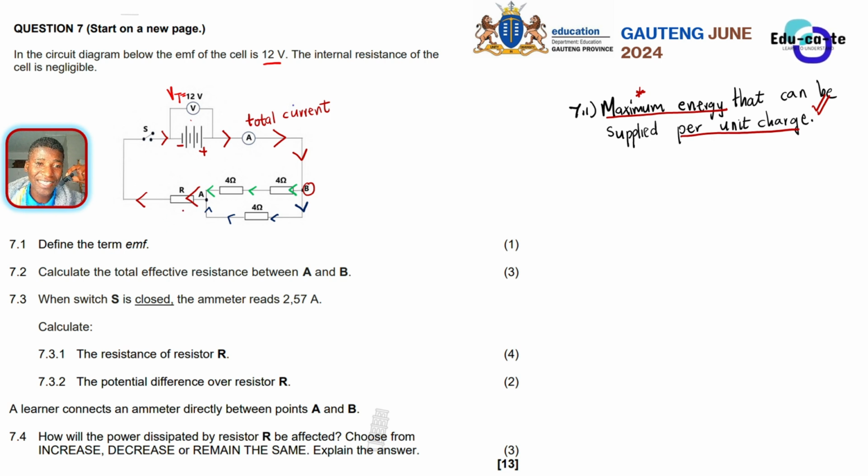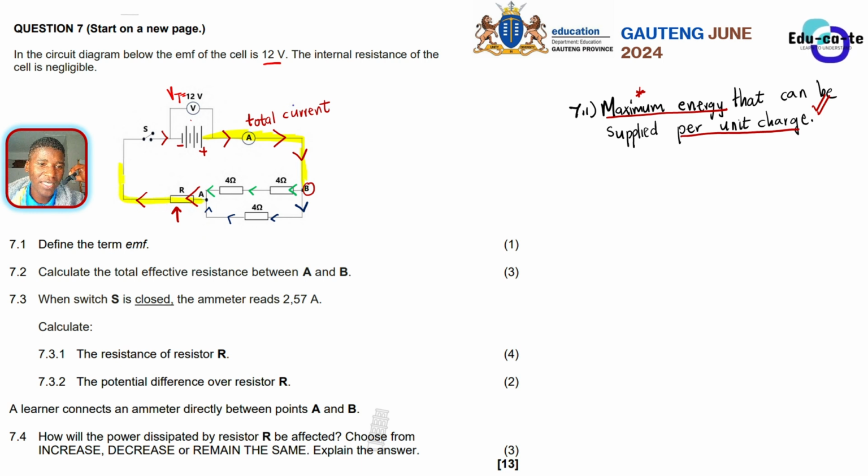So the current through resistor R is the same thing as the total current, which is measured by this ammeter, because we've already explained that here the current is flowing from positive, the total current, and it hasn't been divided. It flows down here. But when it gets to this point, that's when it's split. Some of it goes there, the green one, some of it goes to this other 4 ohms resistor, and then that current will combine again, so it will become the total current again.